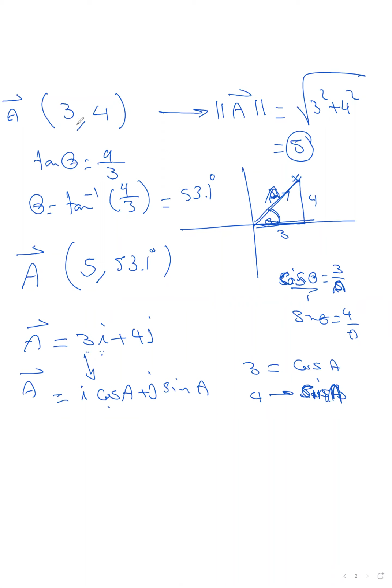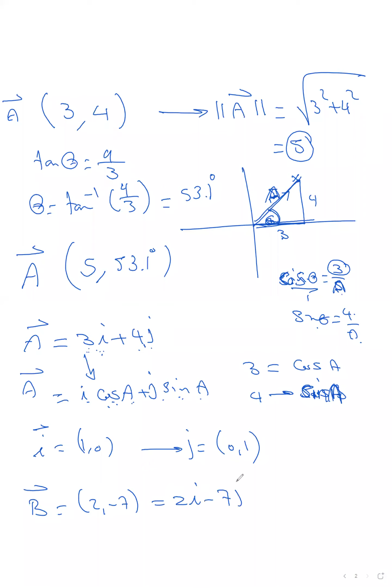تاني كده قلنا ال A ممكن كده ب 3 and 4 كده 3i بلس 4j. ممكن ال 3 دي عبارة عن كام؟ مش احنا عندنا كوزاين سيتا وال 3 اوفر A يبقى 3 ايكوالز كوزاين A وال 4 ايكوالز ساين A. شيل ال 3 من هنا واكتب كوزاين A يبقى I كوزاين A. شيل ال 4 من هنا واكتب ساين A يبقى J ساين A. ال I وال J معناهم ايه؟ ال I is the unit vector in the direction of x axis. يعني الفيكتور I ده معناه 1 and 0 والفيكتور J معناه 0 and 1. يعني لو عندنا فيكتور B equals 2 and negative 7 فالفيكتور B ممكن تبقى 2i minus 7j. مش كده ولا ايه؟